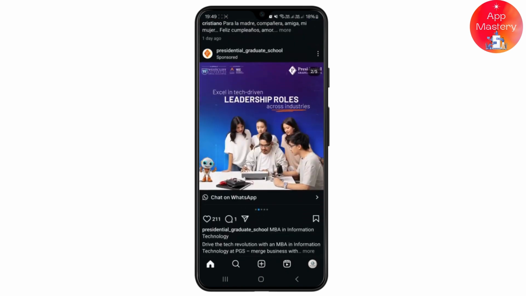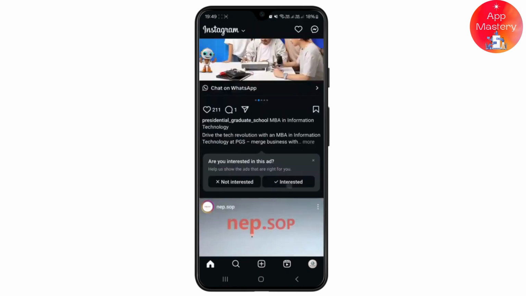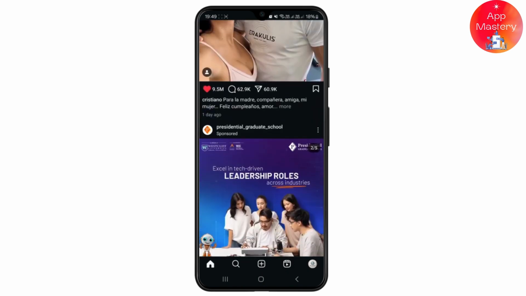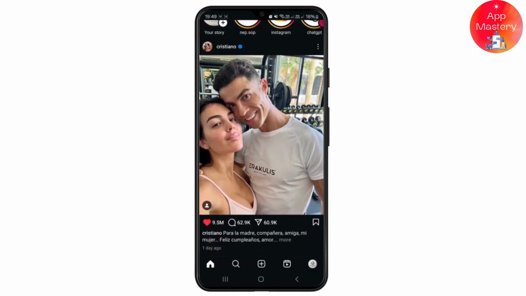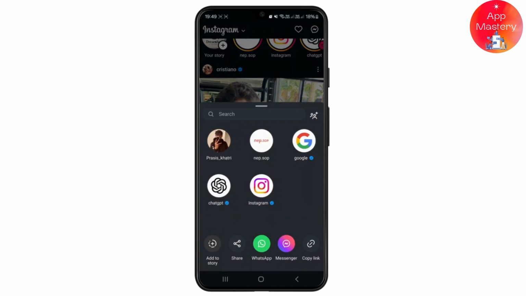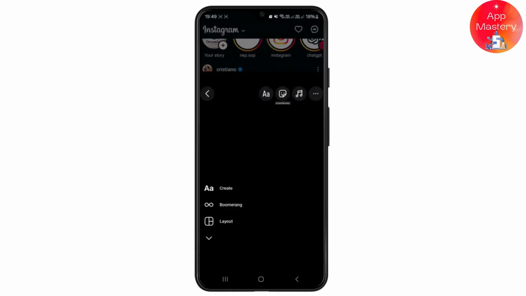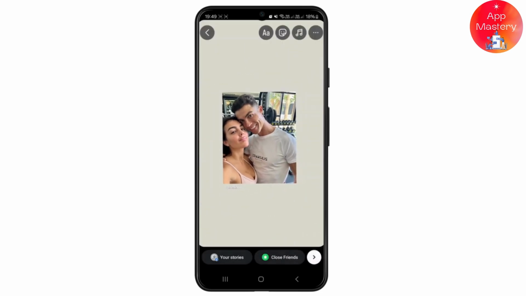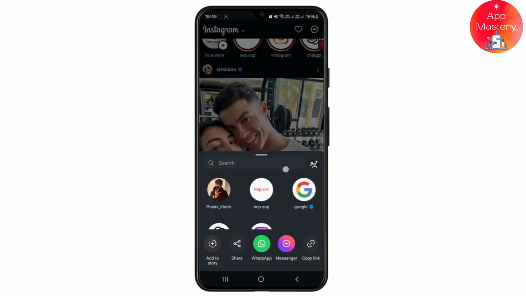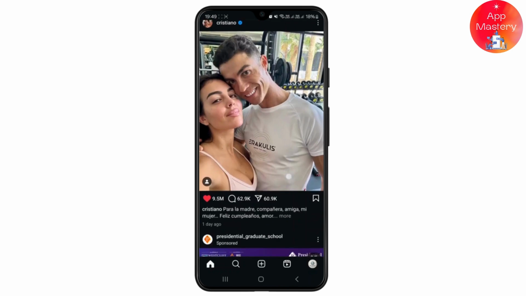In this video I'll be showing you how you can easily repost your posts on Instagram. So let's say I want to repost this photo of Cristiano Ronaldo here. What I can do is simply click on this share button over here, and if you want to post this as a story, you can simply click on the add to story button and repost this post as a story. But if you want to repost this post as an official post itself,